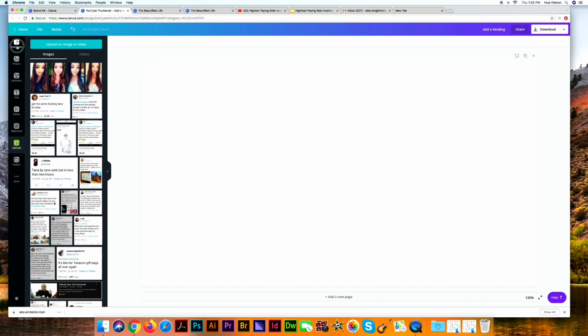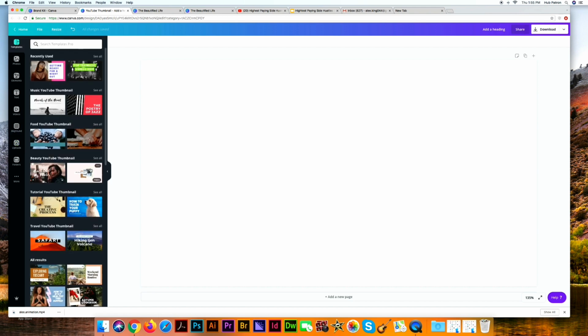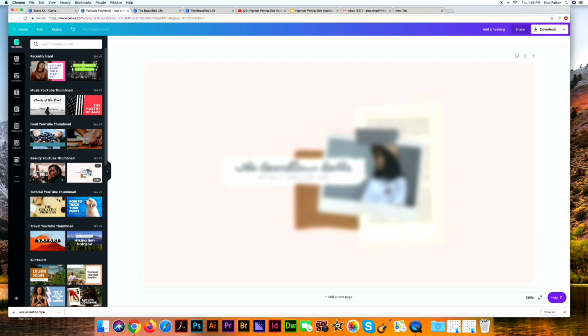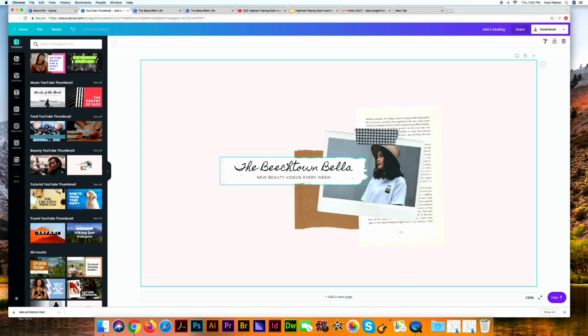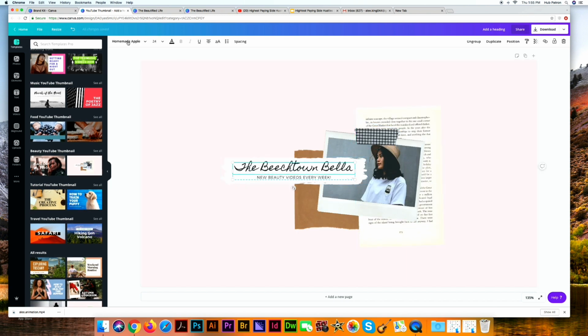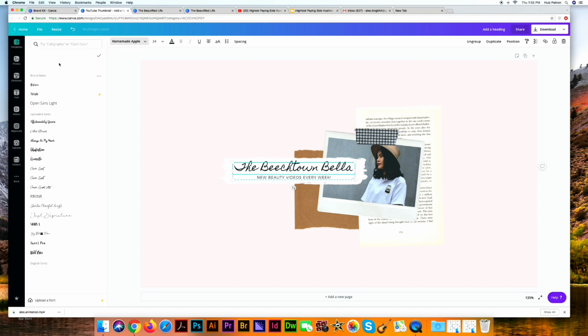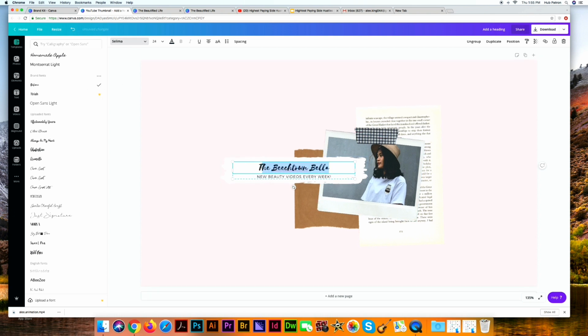So basically we're going to go up to templates and we're going to pick a template. So let's pick this one. This is a pretty common one. Right away I can tell I want to use my own brand font. So I'm going to pick this one, Selena. As you can see, some of these have a little crown on them, and that's because it's only available for Canva Pro users. So what I'm going to do is I'm just going to change this to my own